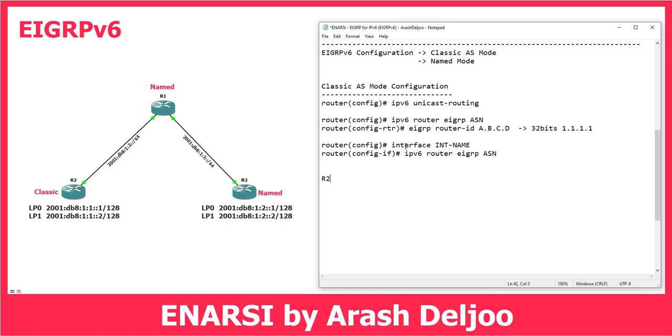For example, here we have router 2, and in router 2 we are using on this interface 2001:DB8:1::12/64. This is the IP address of this interface. Okay, I'm going to enable the EIGRP on the